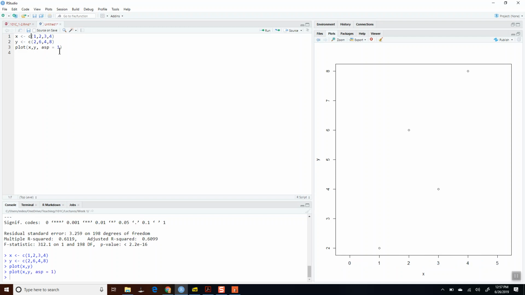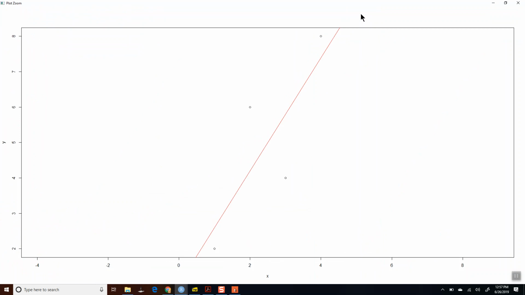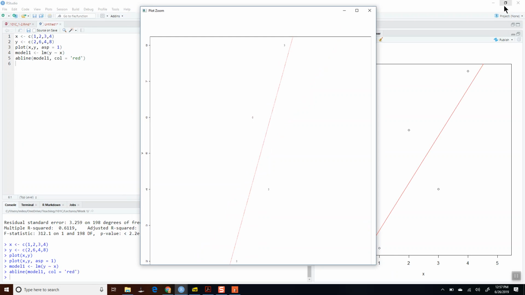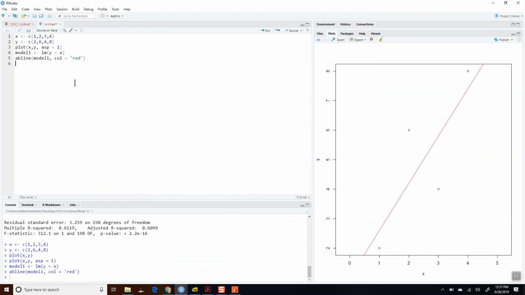Okay, and then let's do model 1 is linear model of y as explained by x, and we'll abline model 1, color equals red. Okay, so this is kind of our, I've got 4 data points here, and I get this regression line, okay? The summary of this